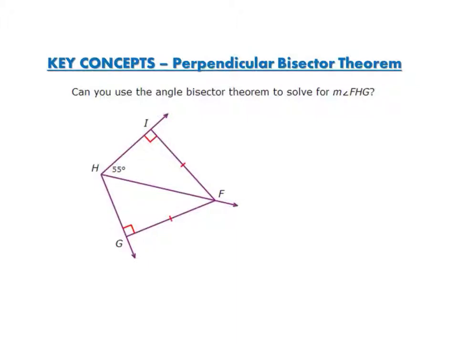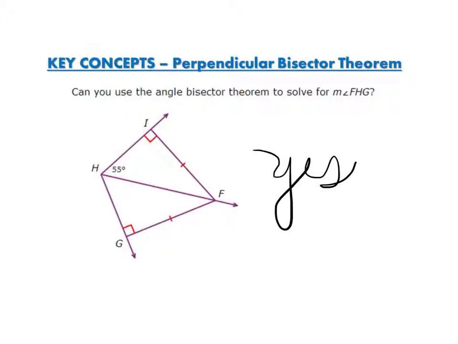Well, if I look at this, I've got two sides that are congruent, two right angles. It looks like it was just unfolded, which would mean this line is the same line, so that means it's the same on both triangles. So yes, I could use this